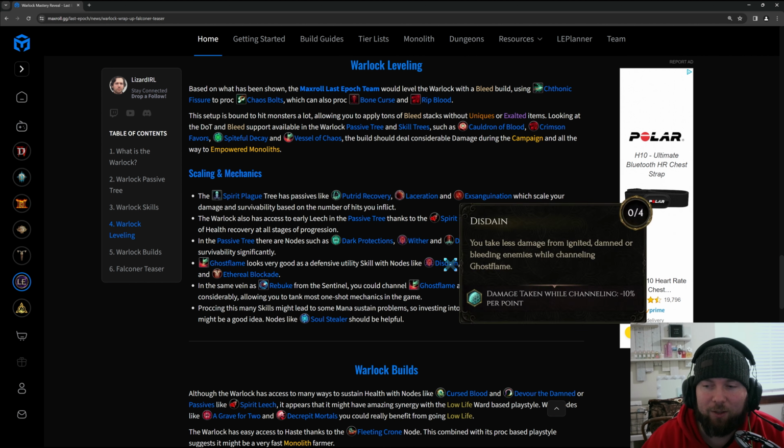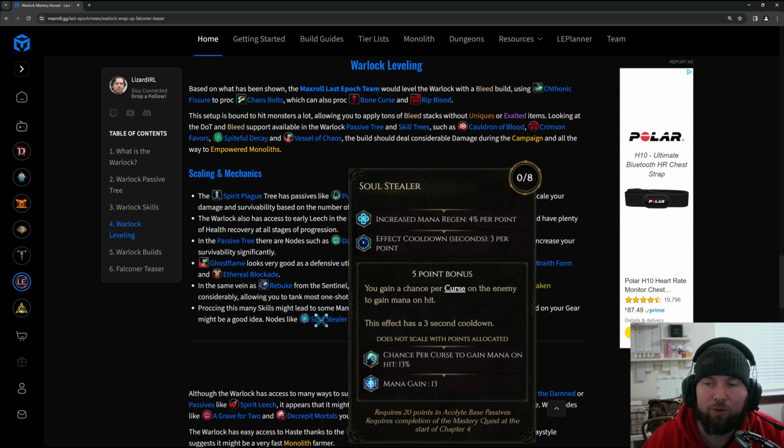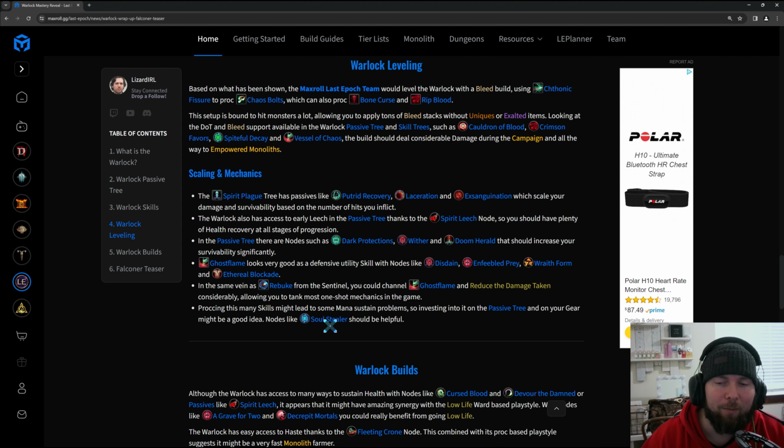And then of course, as we get down here in the passive tree, you also have Soul Eater, which will give you a touch of mana regen, because Cthonic Fissure might have a little bit of mana cost to it. We'll have to really see once we get through it just how cheap it can be, but when you have Cthonic Fissure going off, doing your Chaos Bolts, which cost mana, Rip Bloods, which you can make technically free and possibly give back mana on the Rip Blood Orbs. Not sure if it'll work exactly like that, but overall you should just absolutely blaze through the campaign, leveling with